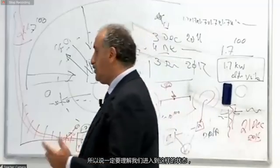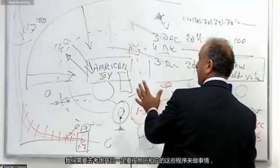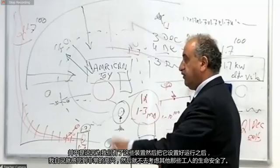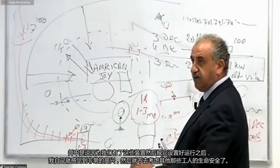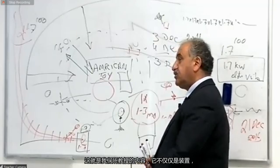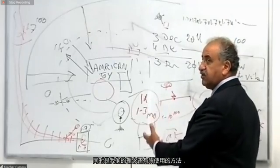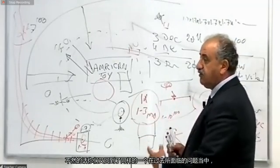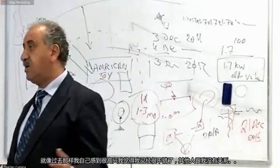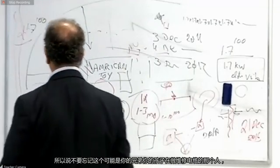So please understand, we enter a position that we have to consider and follow a strict program. Not just we have it, we plug it in, I'm happy, forget about the jack. This is what we teach, not only the system, but the ethos and the method of using the system. Otherwise, we are back in the same problem path which has been in the past. I'm happy I have it, forget about the rest. So don't forget,